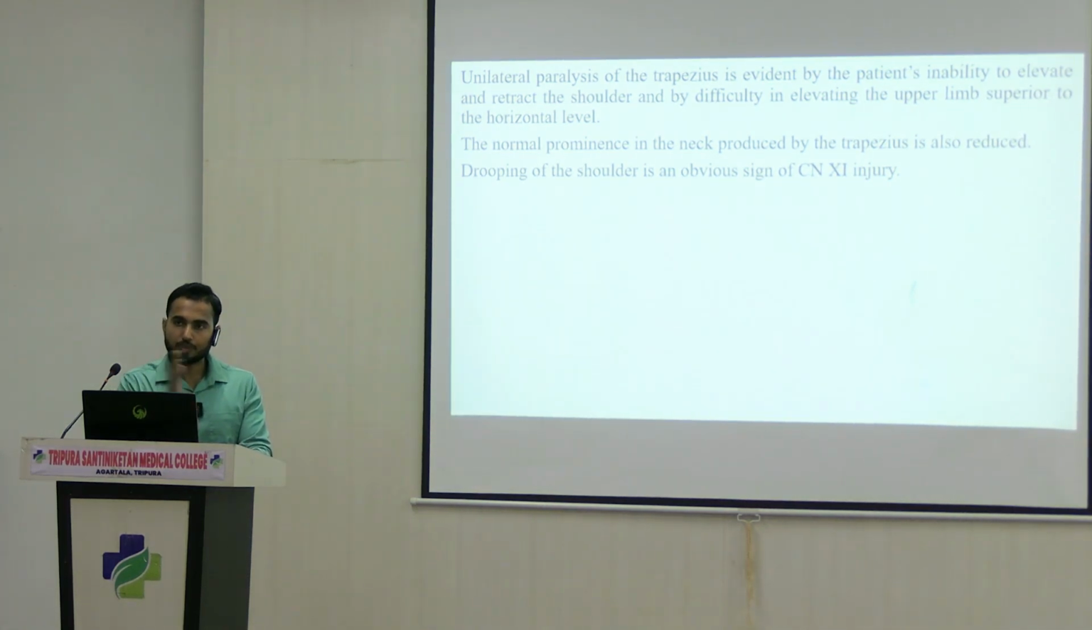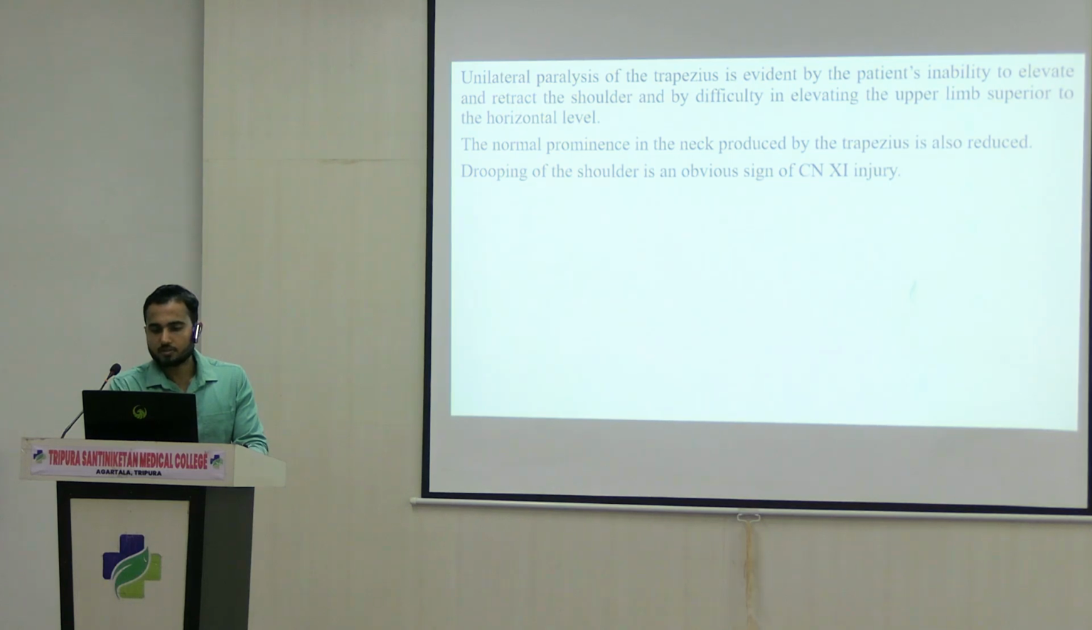Now paralysis will also be there in the trapezius muscle. At that time the patient will be unable to elevate the shoulder, as you know, in which the trapezius helps. Then the normal prominence of the neck produced by the trapezius is also reduced. Dropping of the shoulder is obvious when there is injury to the spinal accessory nerve. So these are some symptoms which can be seen in the patient when there is injury to the spinal